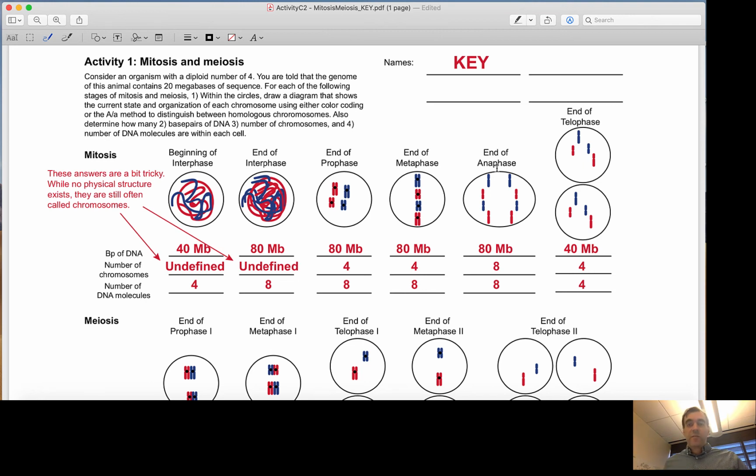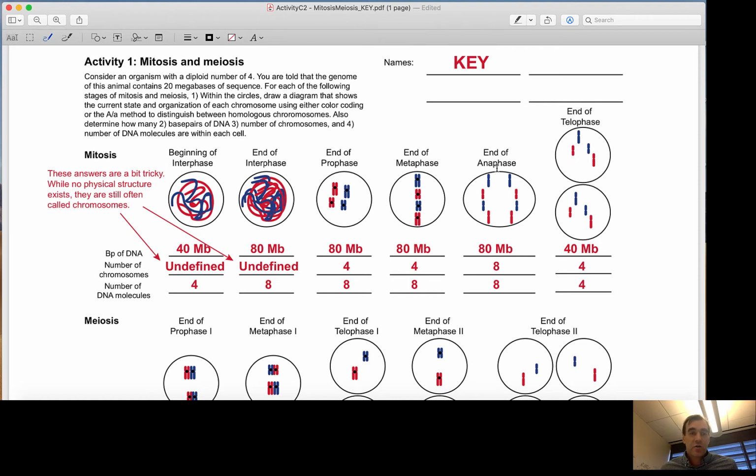Okay, I'm going to give a brief review of the activity from Chapter 2. So this is for students that might not have understood the answers to these problems or just wanted a little bit more information on the logic behind why I designed the activity the way I did. So this key is now available on the Canvas website as a PDF, and it is the answers to this